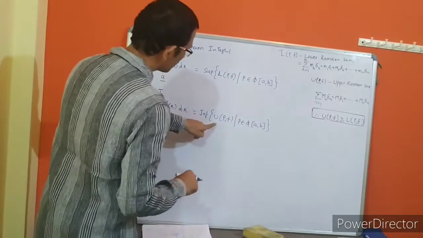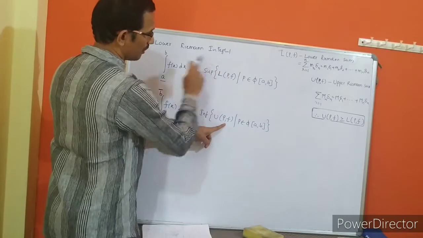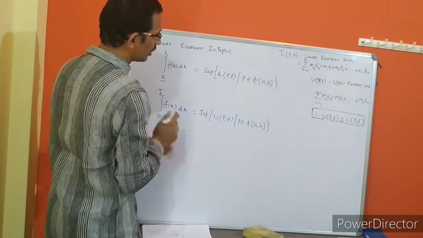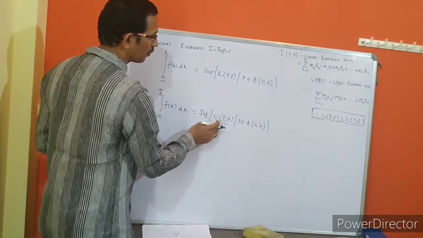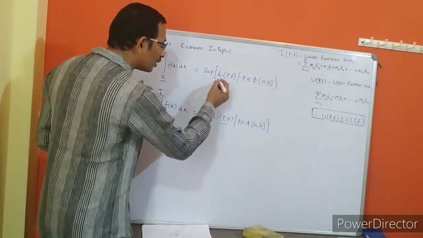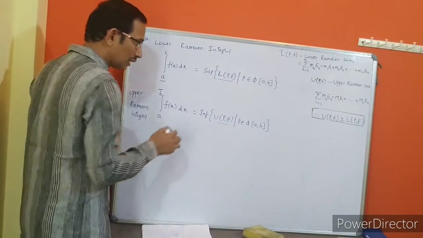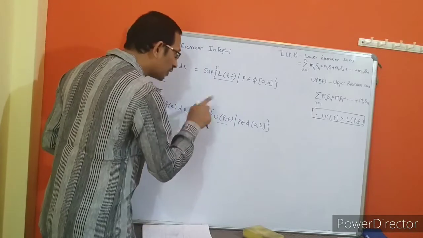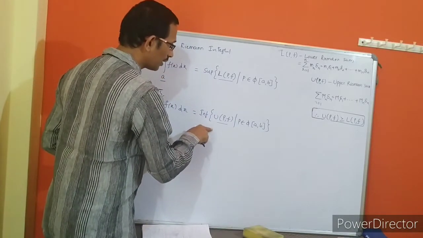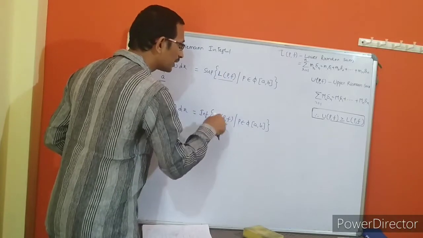Now for any partition we have U(P, f) greater than or equal to L(P, f). So the upper Riemann sum is always greater than or equal to the lower Riemann sum. Therefore, the lowest upper Riemann sum is also more than the biggest lower Riemann sum. I repeat,